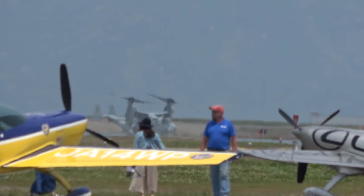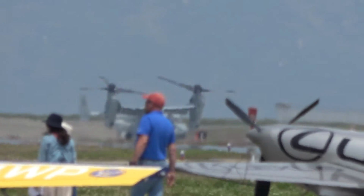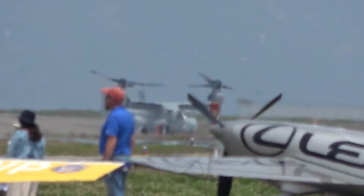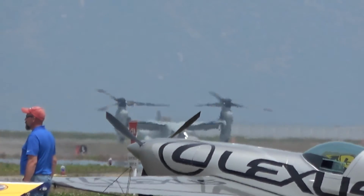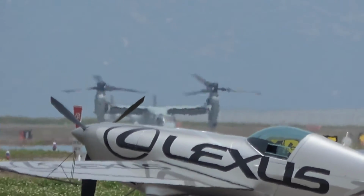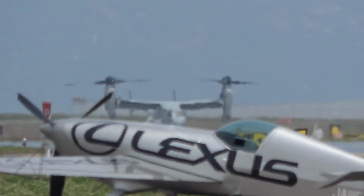Even though the aircraft features two engines, one engine can power the MV-22 in all modes